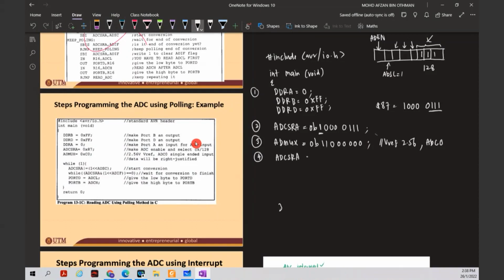ADCSRA sama dengan ADCSRA. Do a masking because previously we already set this value here to our ADCSRA. So we don't want to lose this value here. So that's why we do a masking and do a logical OR with this bit here. Okay, so sama dengan, put 1 at the location of ADSC. Or if you don't want to use this one here, you can simply write ataupun